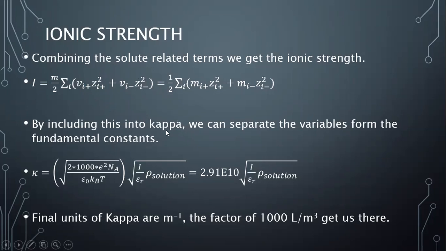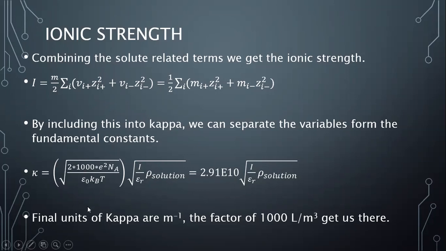By including this into our kappa, we can separate the variables from the fundamental constants. So all this becomes I over epsilon. You can separate all those, which is a constant, from I, epsilon of the solvent, and density of the solution. So solution dependent. And I is the only thing that we can really calculate. So we get this as a constant, 2.91 times 10 to the 10th times the square root of I, density of the solvent,